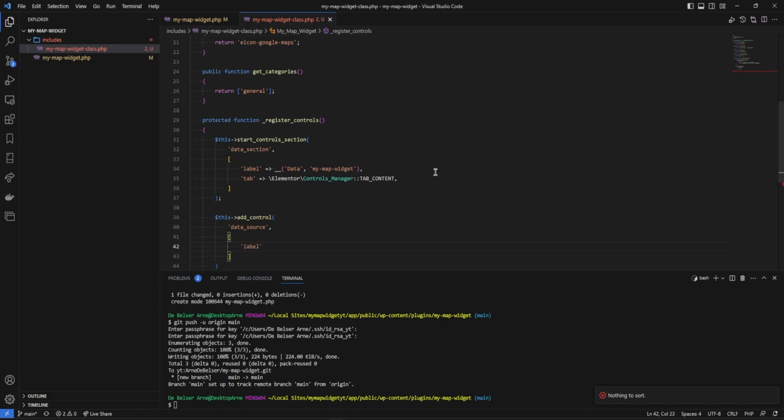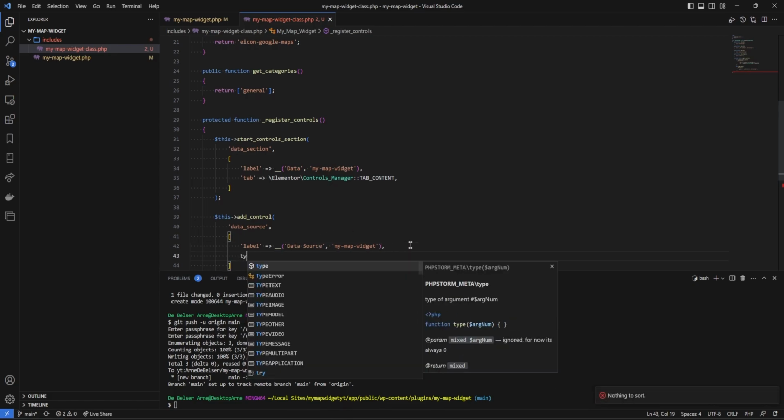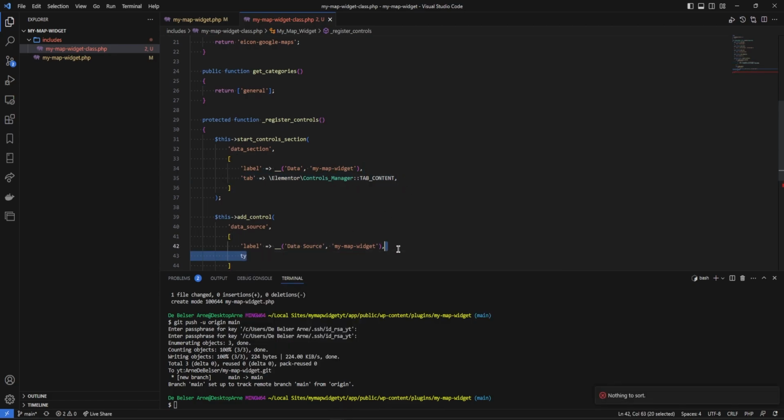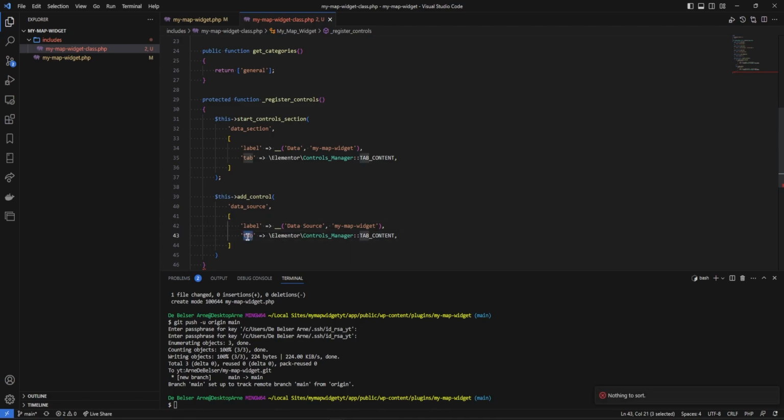The label will be, I'm just gonna copy some data source. The type will be, I'm just copy pasting so I can type a little bit faster. So the type will be Elementor controls manager select. And then we need some options. So our options will be an array of,